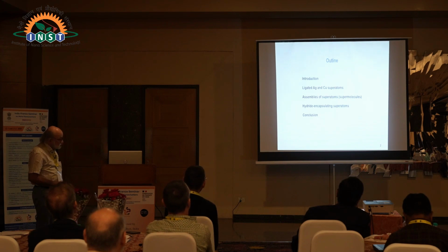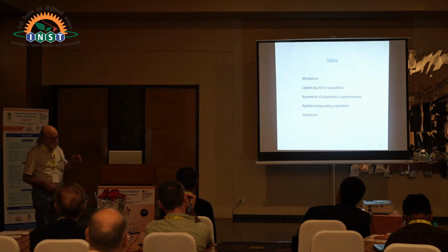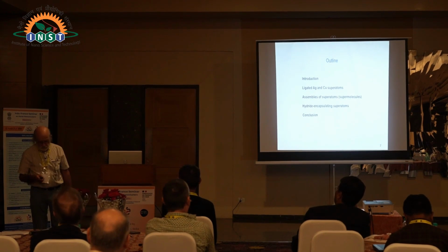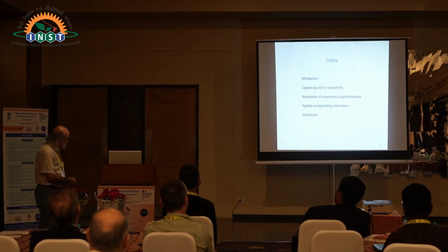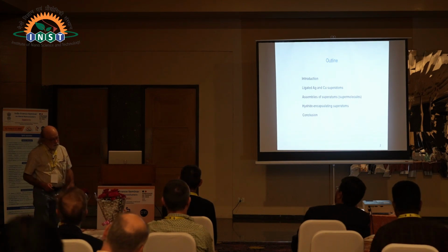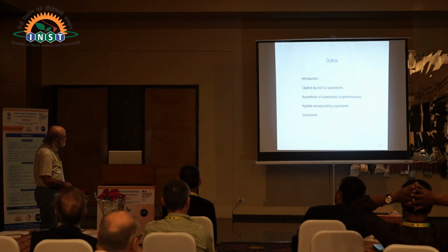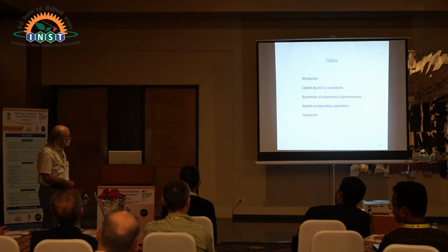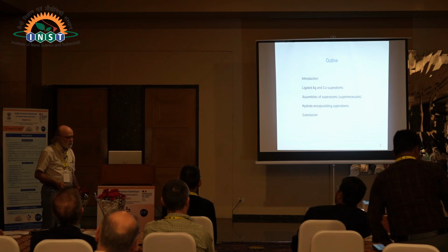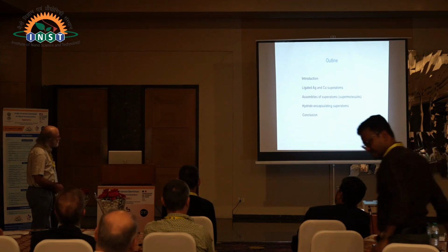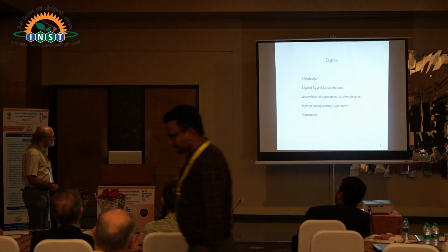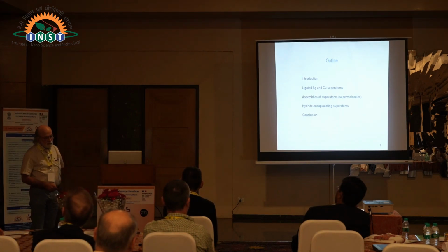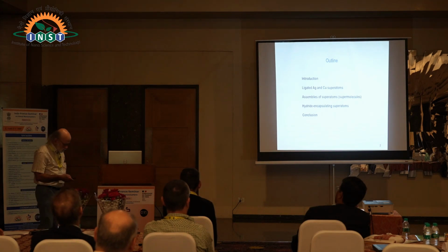I will make an introduction, a rather long introduction, to define what is a superatom from the orbital point of view. And then I will describe some silver-rich and a few copper-rich systems. Then I will talk about assemblies of superatoms, which I call supermolecules, or some people call them superatomic molecules. Then I will shift to systems which contain hydrogen encapsulated within the core of the cluster, and then a conclusion.